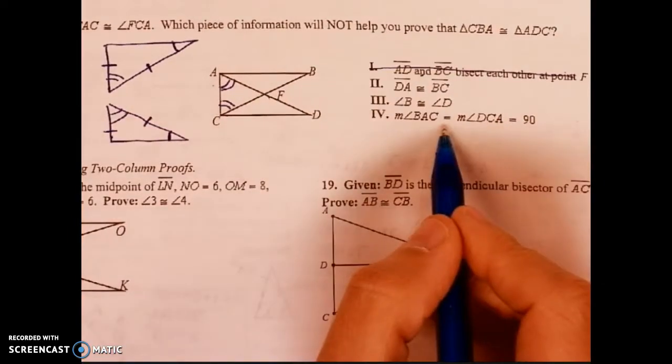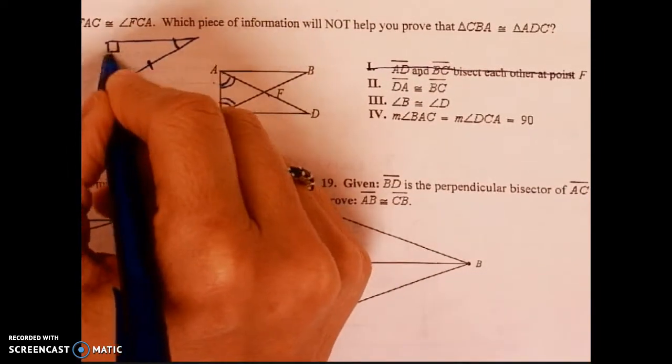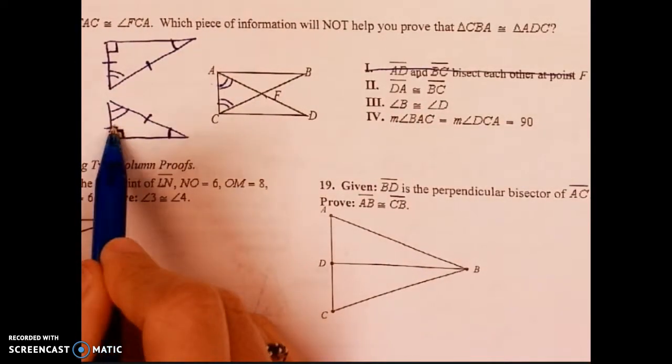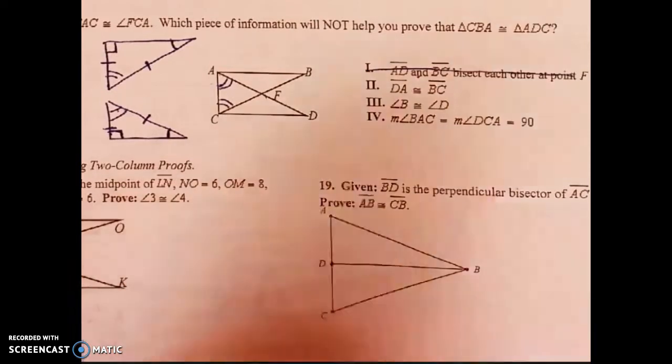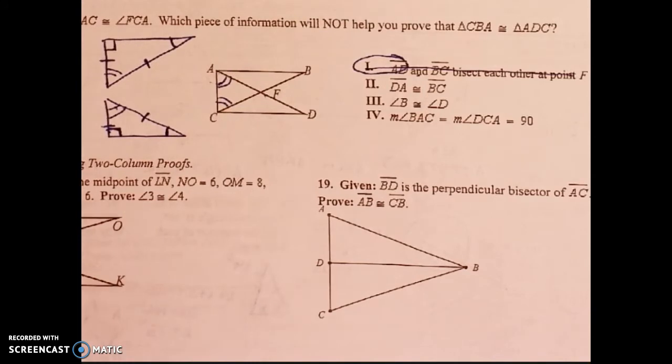And finally, BAC and DCA are right angles. So I'd have this right angle here, this right angle here, and again, I'd have angle, side, angle. So it ends up just being answer 1. And I'm going to stop here because all of the rest of those are proofs, so I will do that on the